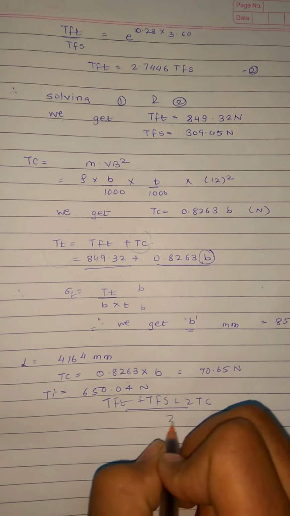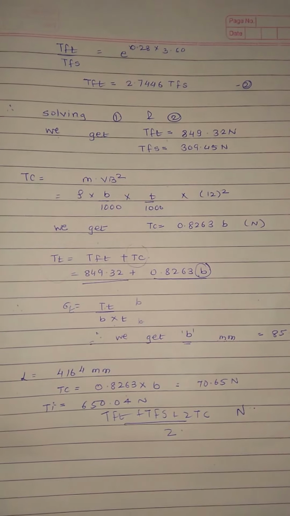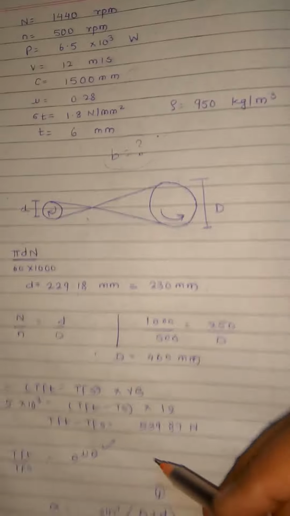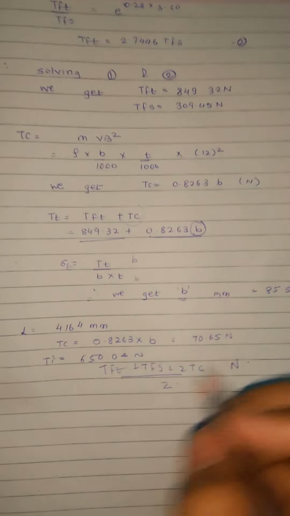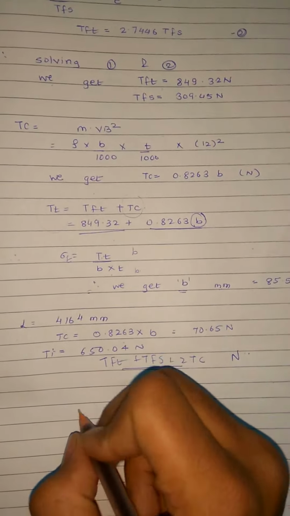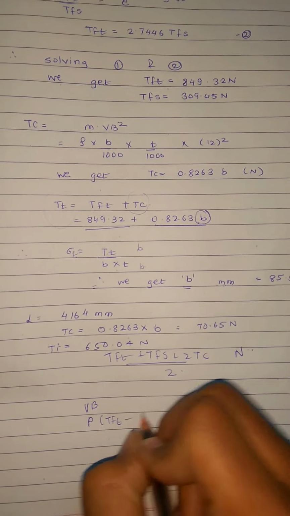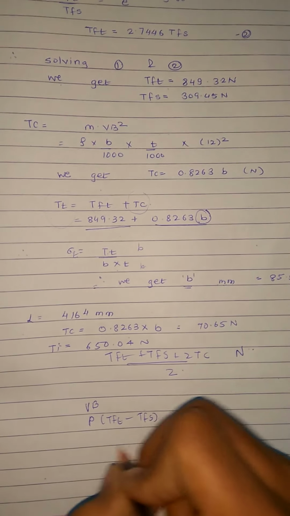So this was the second type of numerical in which two changes occurred, that is alpha and theta. These are the two main changes. Rest procedure is the same. Let's see what the procedure was. Finding out VB. From this VB, power, TFT minus TFS. From this power,